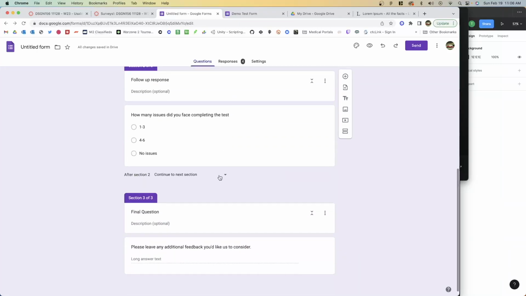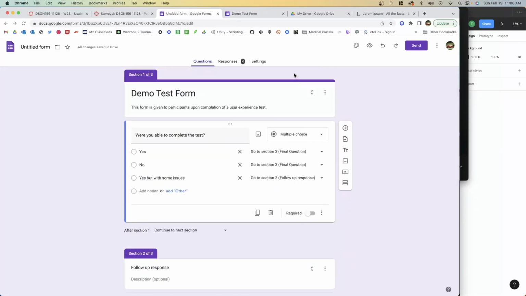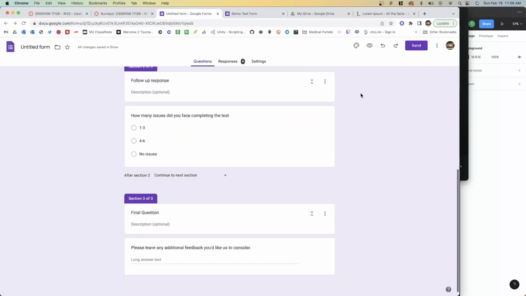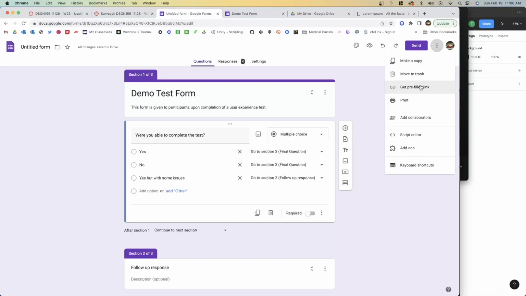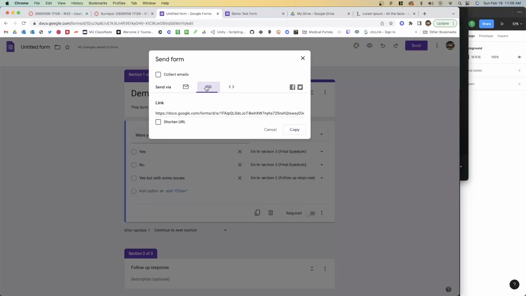But anyways, on the flip side, if you're doing remote testing, this can be a good thing to include as a link at the end of that test and have them fill it out. You can go and read the responses at a later time. To do that, all you're going to need to do is get a link, okay? You can get a link and you can send it. You can also grab the link from there, okay? We can shorten it. We can grab this and send it to as many people as we want. We can throw it on the end of a presentation. We can throw it at the end of a test on a web page or something like that